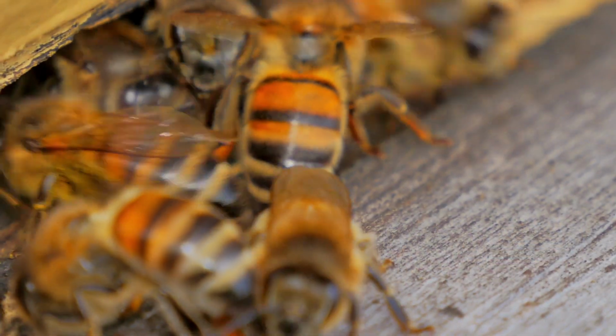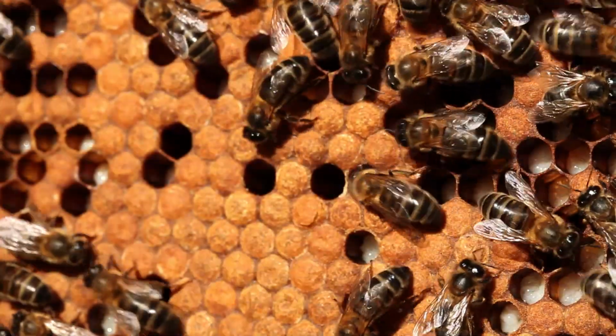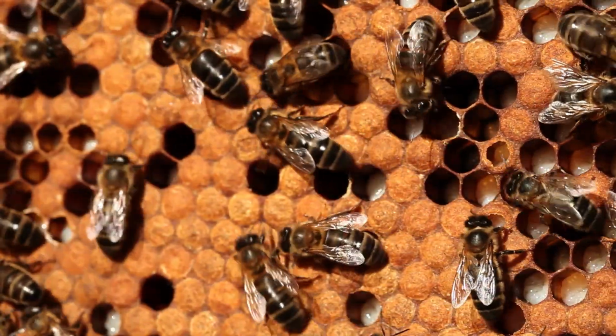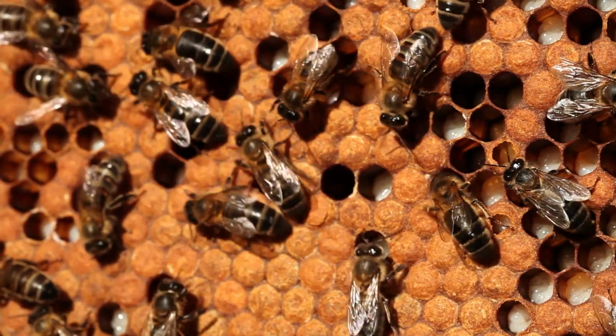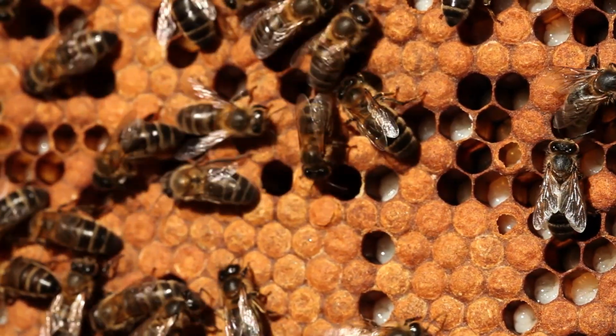Eggs are laid in individual honeycomb cells and look like a small grain of rice. In about 3 days, the larva hatches from the egg and looks like a white grub. The larva then eats and grows bigger to fill the cell, and its body begins to change again as it